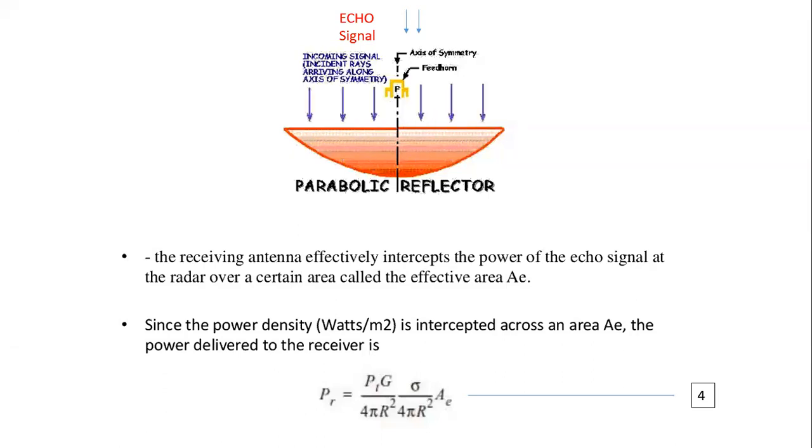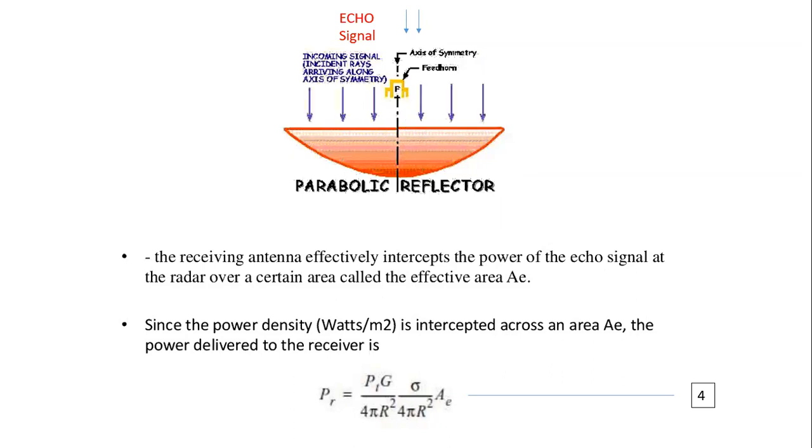Now we are talking about the receiving antenna. So for that, what are we doing? We are talking about the area, or how much of the echo signal is being received. So it is in the form of a sphere. Why? Because the target reflects in all directions. So it is like a sphere. Spherically, you can say it's sending in all directions. So it is itself making a sphere around it. So we are intercepting only a part of it. So that's the reason we are calling it sigma by 4 pi r square.